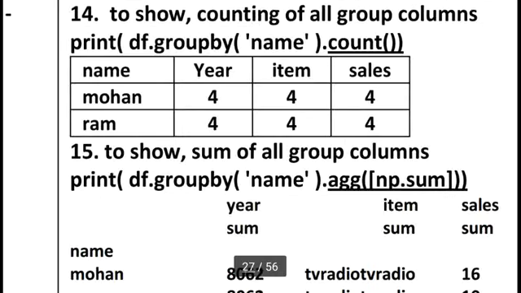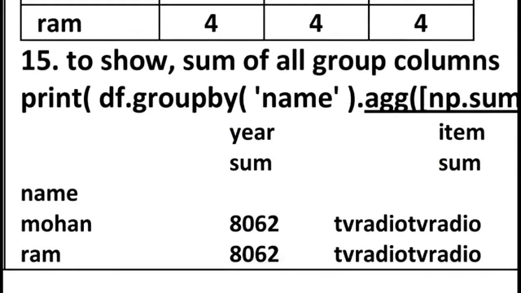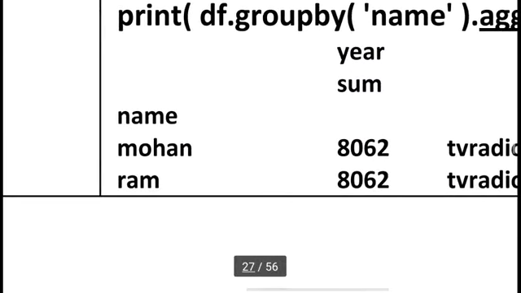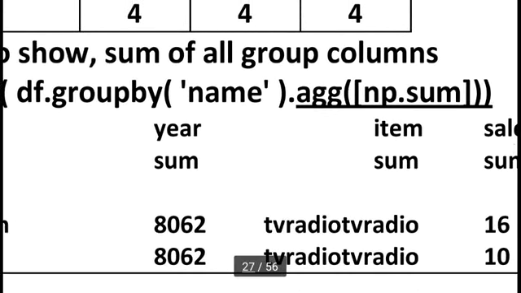And suppose I want to use an aggregate function for analysis. We already know df.groupby name, but here I am changing to .agg. Agg means aggregation function. Aggregation functions mean sum, max, mean, count: we have a set of values and it generates a single value. So np.sum. Because here I mention only name, the name grouping is available, but I am not mentioning which column to analyze. So Python will use all the remaining columns for the sum.